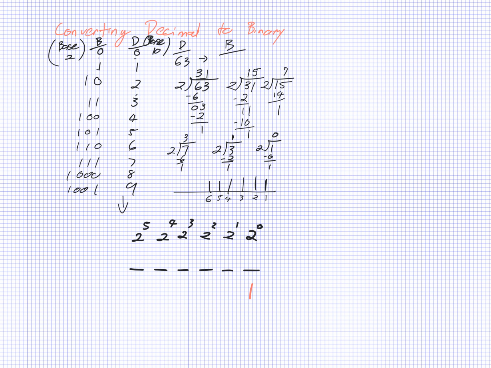2 to the power of 0 is 1, 2 to the power of 1 is 2. 2 to the power of 2 is 4. 2 to the power of 3 is 8. We're just going to keep doubling. 8, 16, 32. Okay? So, if there is a 1 in this place, think of it like there's the number